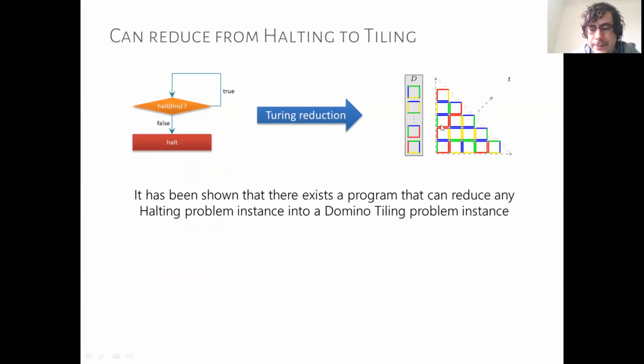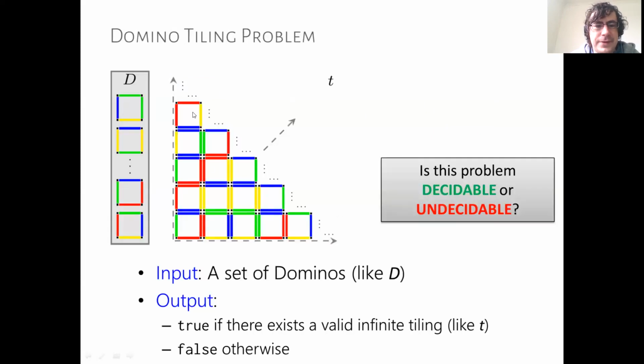There are variants of this problem as well for a board of finite length, or an exponential size board, and that gives different types of complexity. If the board is finite, of course, this problem is decidable because you could just try all the possible combinations, for example. But if it's an infinite tiling, then this problem is undecidable.